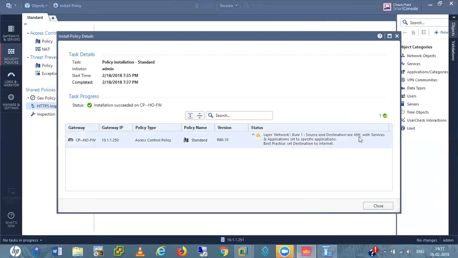Rule 1 source and destination are any, with services limited to specific applications. Best practice is to set destination to internet.